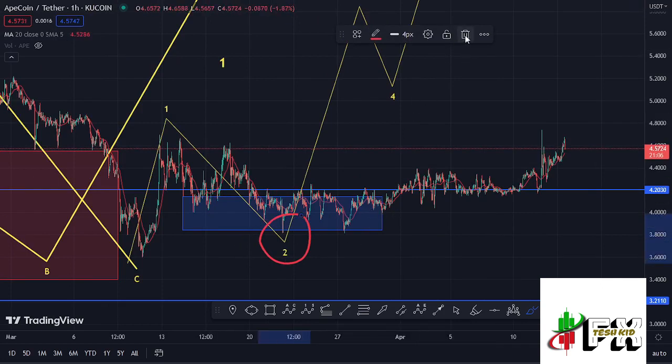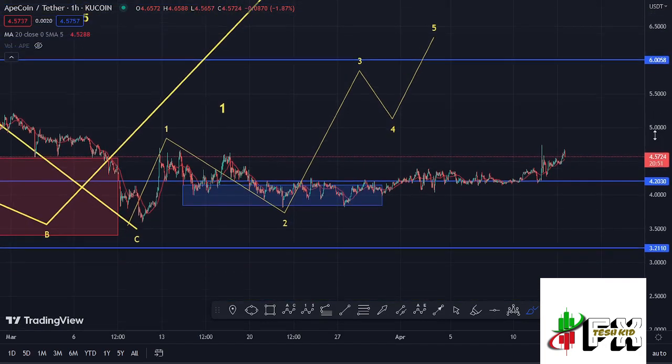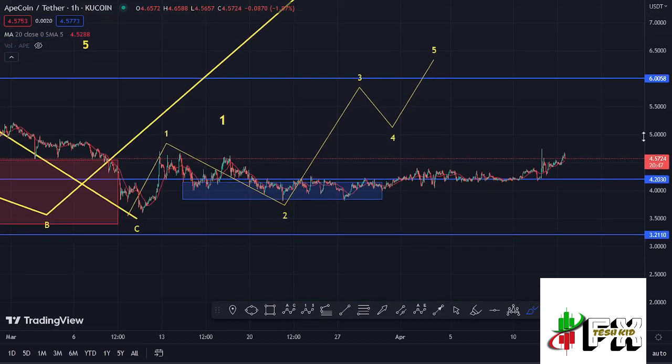And all this is playing out after we fully peaked in the formation of that first wave in a move that gave us a high at around the $4.6917 mark. And having seen the formation of that first wave and a corrective structure in the formation of that wave 2, my primary scenario is that whatever we are seeing at the moment is the start of an impulsive wave in the formation of this wave 3. And before I get further into the technical analysis to give you the short-term scenarios and also give you my